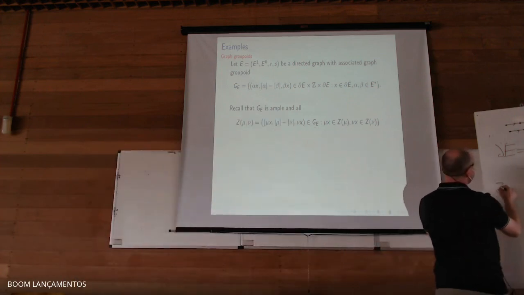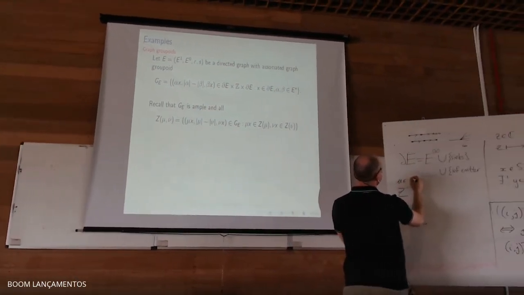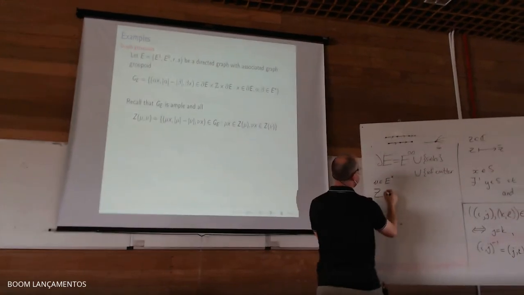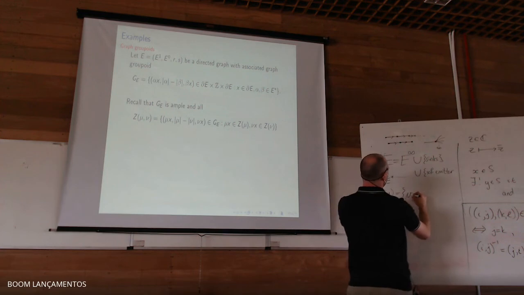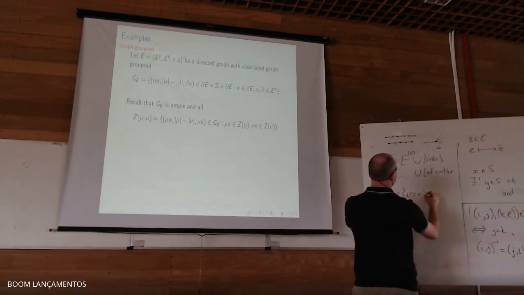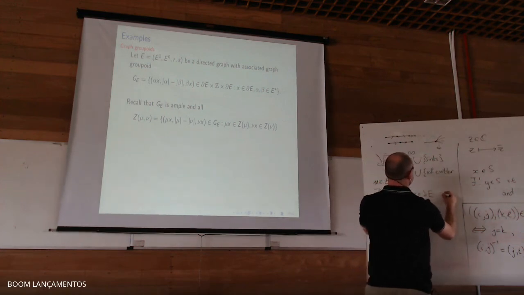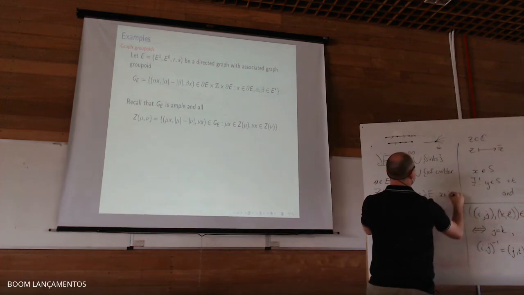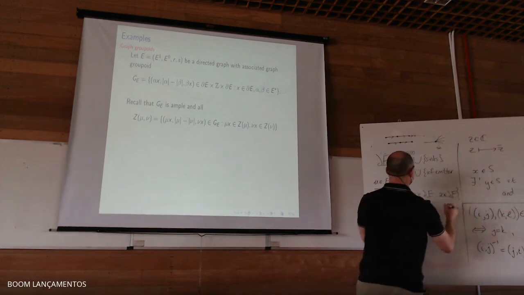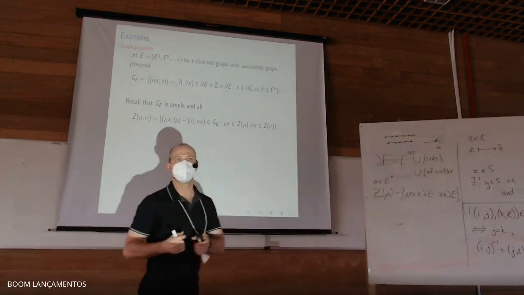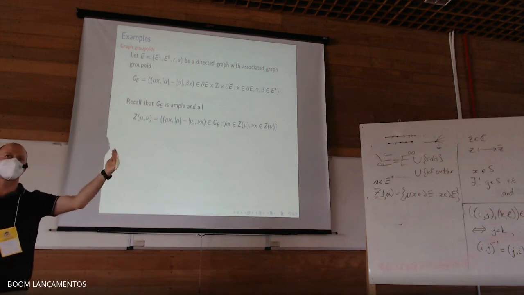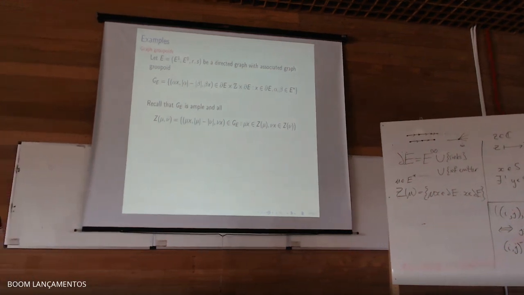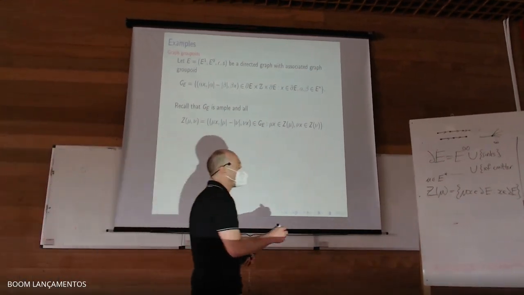So remember that if mu is a finite path, then the cylinder set at mu is the set of all boundary paths that start with mu, right? So take the path mu, and then all other paths that continue from mu that form a boundary path is in this cylinder set. And we could also form the punctured cylinder set